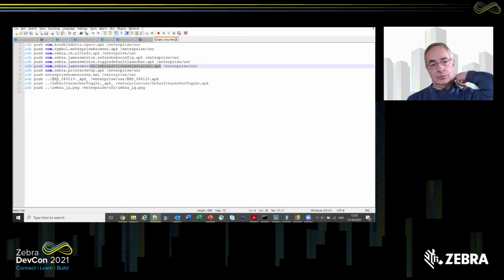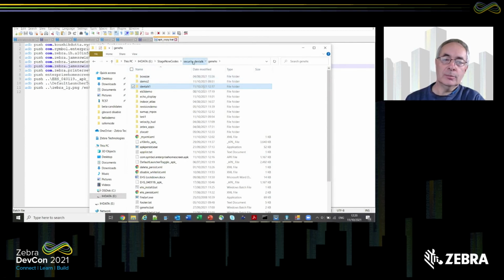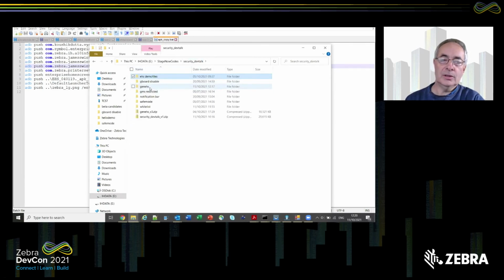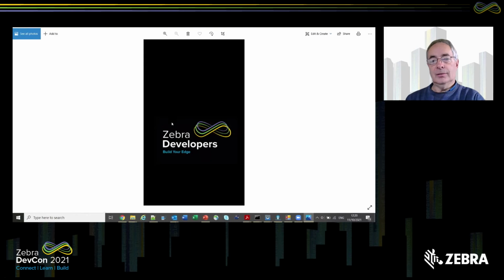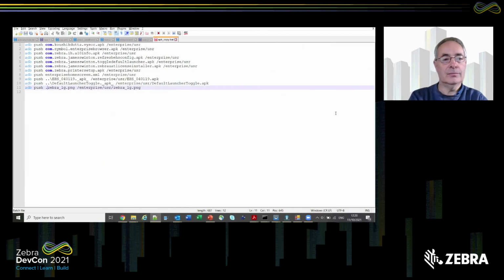It's also pushing the enterprise home screen. That's the EHS application itself, that's the application to toggle the launcher, and then that's the wallpaper image. So if I want to change the wallpaper image, this is taking a default image. If I want to create a custom image, then I can just go back to this folder. That's a modified image here, which I can just copy into my project folder. So if you look at that, this is an image that contains the developer's logo. So all I need to do is just to remove that path,